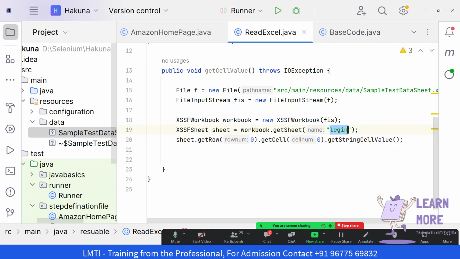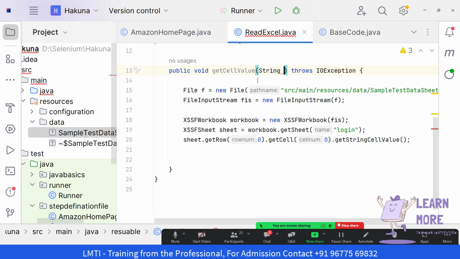Here we are injecting the string. So I'm creating the first parameter, String sheetName, and the second parameter where we are going to pass the row index and the column index. I can say int rowIndex, and I am providing the data type for the column index as well. Why have I provided the data type as integer? Because the index value is basically a numerical value, and instead of this, we are going to inject the